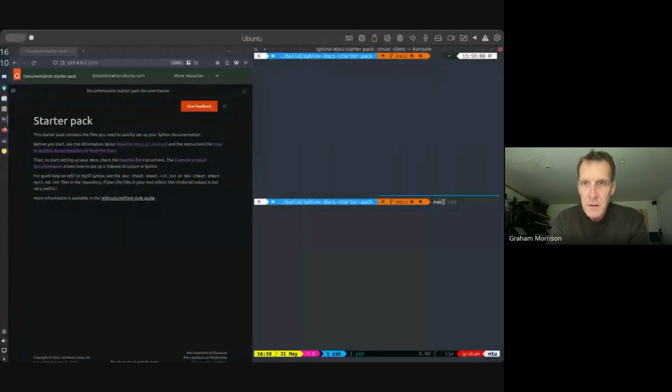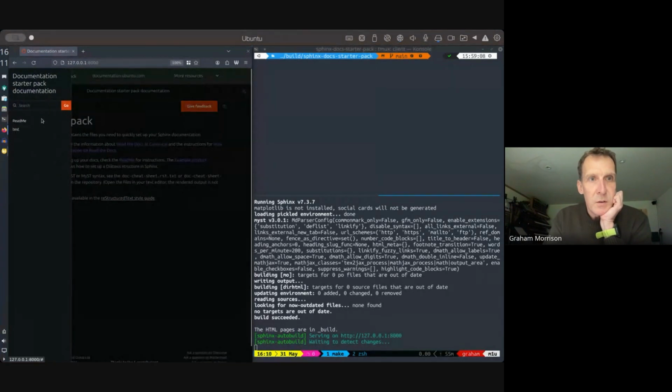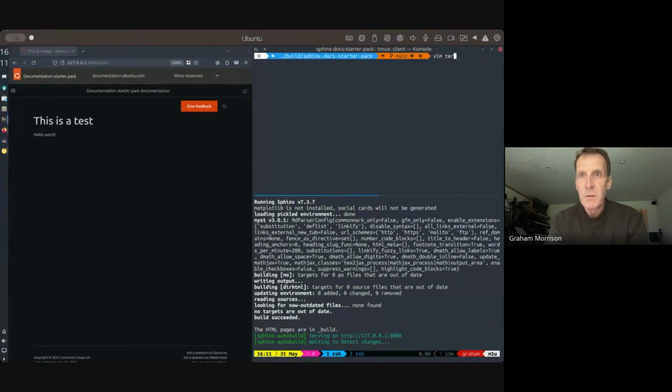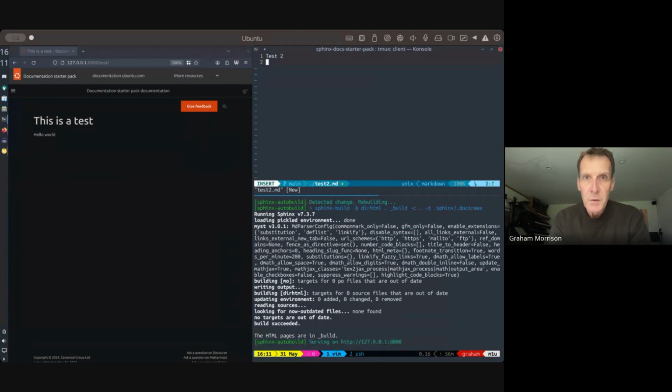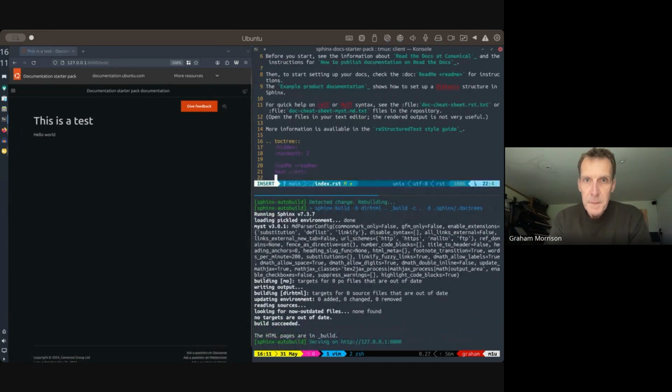Just to remind you, if you don't remember, Ubuntu share. Actually, so this is the state that I left it in last week. I just did make run in the starter pack directory, which built the documentation and then hosted it at this local host address. Sorry, that's my Emacs setup. I refresh here. It did have the test document that we worked on, and what we actually tried to do was include a new doc in the contents, and it wasn't automatically added. If I can spell test, save that, then add it to the index file. Test2,